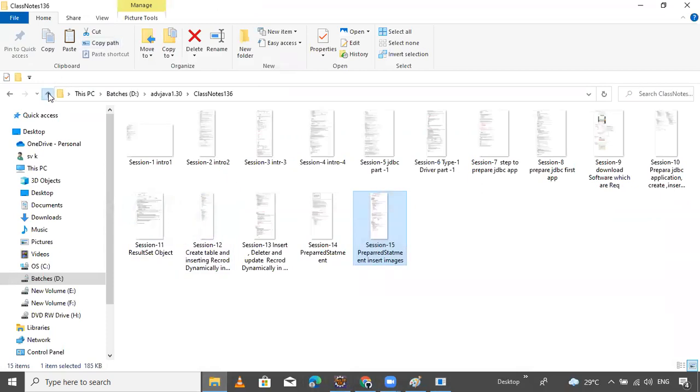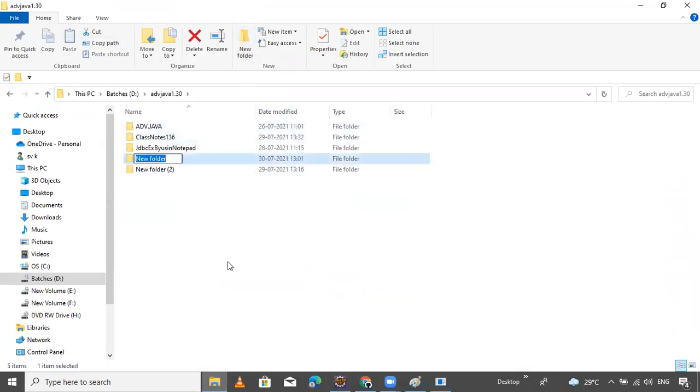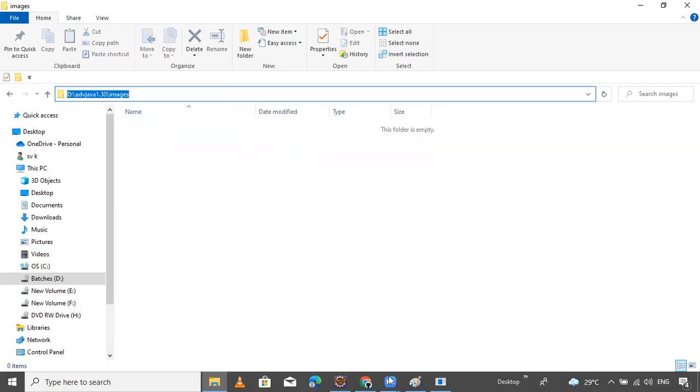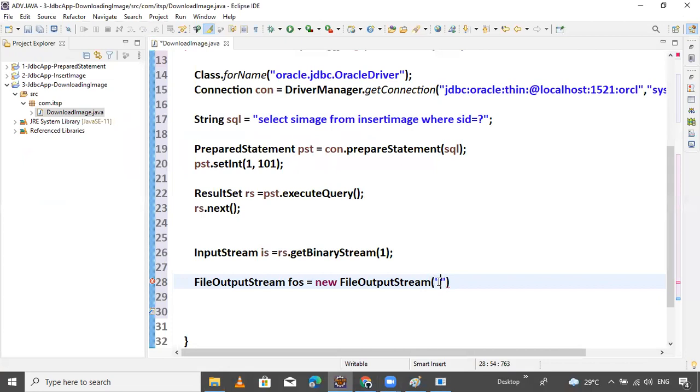Create one folder, images, copy that path with Control C, and paste it here. Then slash, and write the file name, suppose notes.png. Now your file will come inside this images folder as notes.png.